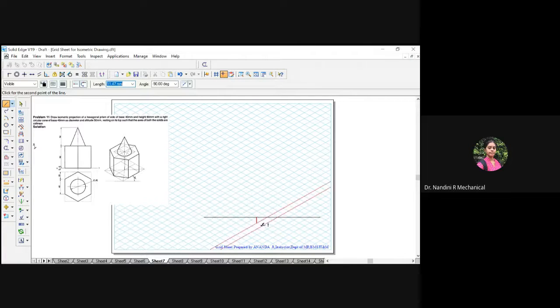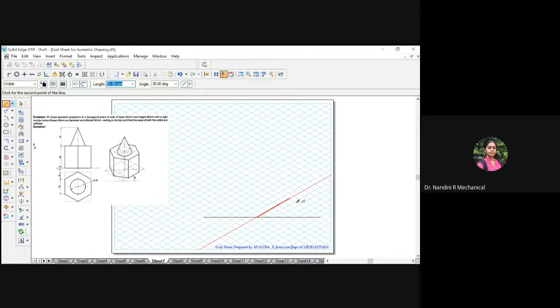This distance was exactly equal to 80 mm. So you have to fix which corner you are fixing, either towards your right or left. Okay, so this distance is 80 mm. We measured here 80, right? So 40 plus 20 plus 20 is 80.